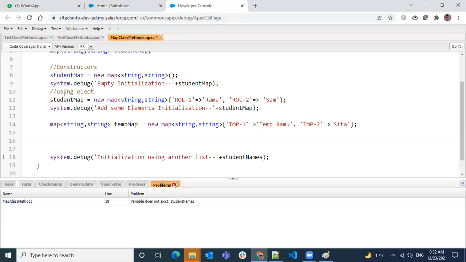using elements, using another map. So how I can initialize here is simple. Instead of using all this, simply in the function brackets, I use a temporary map.